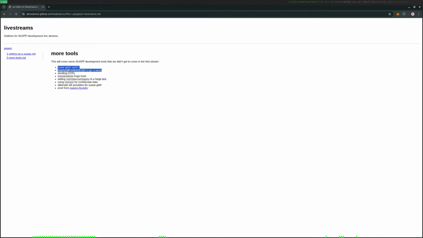This is supposed to be a sub bullet point, ignore that. We're also gonna write some forge tests with Suave stuff inside the forge tests. So a couple sub bullets there. And then we'll also talk about